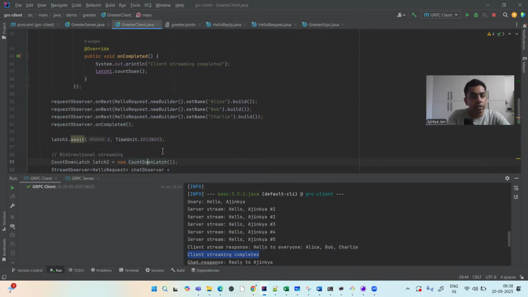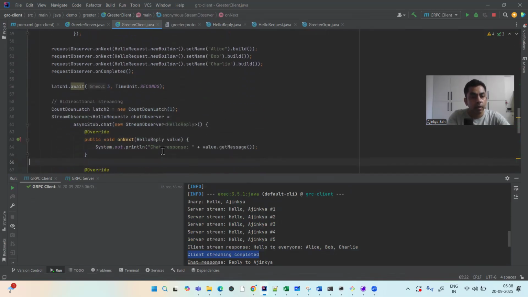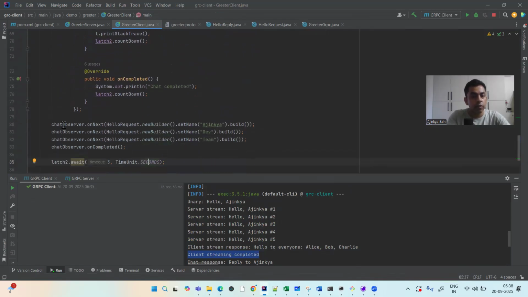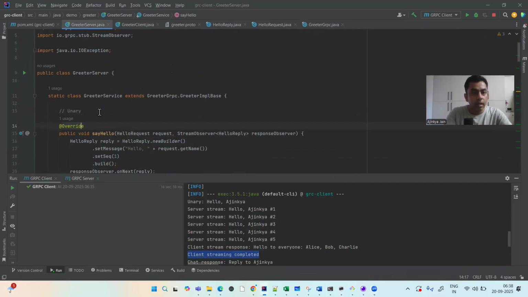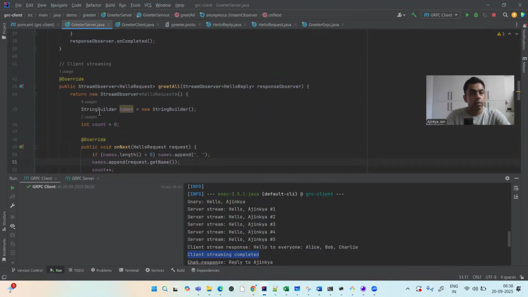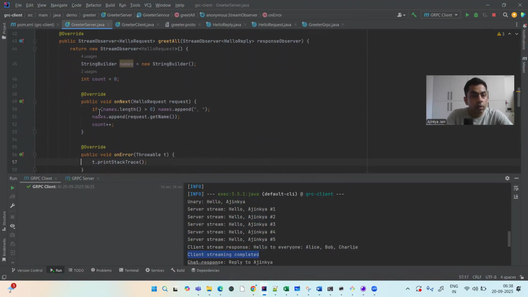Now let's go ahead and see what bidirectional streaming is. Here, we'll also see on the server side what is happening. So let's go to the server side as well for the client streaming and see what is happening over there. So in the client streaming, what is happening is